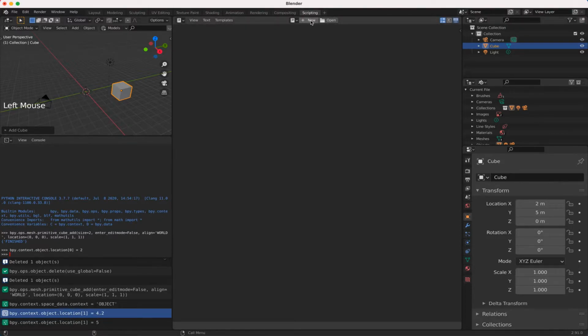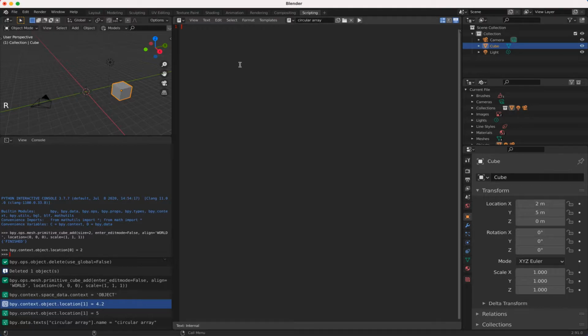So let's get started. First we have to create a new file. We name this file circular array. So we have now our text file, and the first command you always need is import bpy. This is nothing else but the Blender Python library which you need to access the Blender commands,